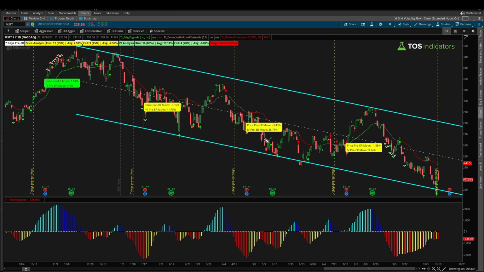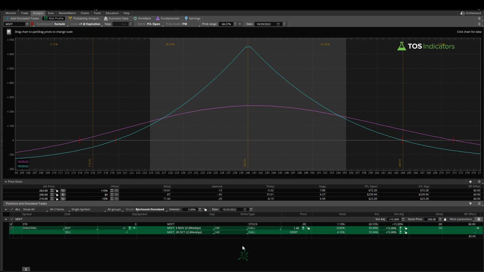Inside of our technical analysis here, we're chopping around this channel. We're most recently towards the bottom end of this channel, and it looks like we're bouncing away from it with a confirmed edge signal move, and we're getting a slightly better entry price compared to the close on Thursday. Using all of that, we crafted a diagonal here. The diagonal consisted of buying the November 4th 240 call, selling the October 28th 240 call against it,